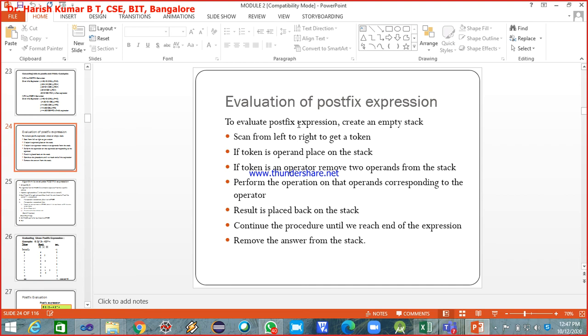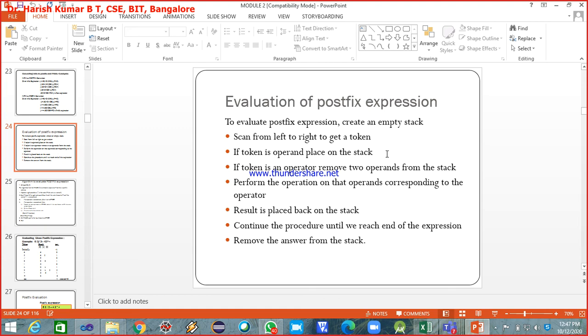To evaluate a given postfix expression, you have to create an empty stack, and then start scanning. What we understood till the previous class was converting a given infix to postfix expression. Now, evaluating a given postfix expression: scan from left to right to get a token. If the token is an operand, place it on the stack.